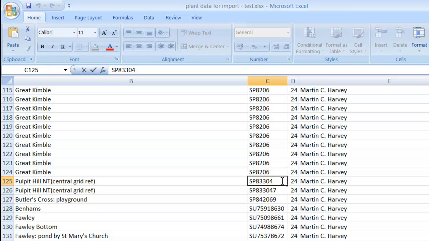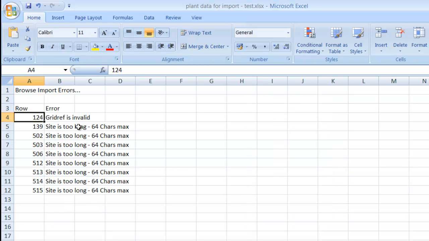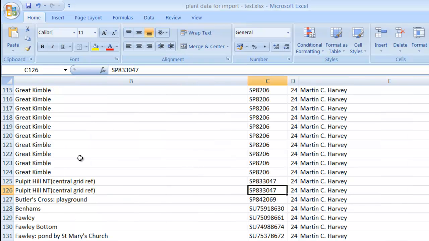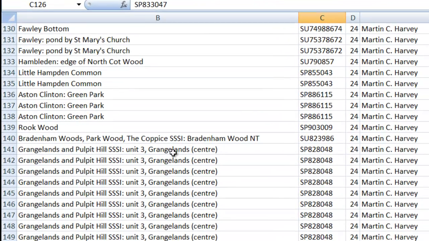So it's good that MapMate carries out these checks. It does help make sure that your data is in good order. So we'll add the 6-digit back into that grid reference, and then there are a number of site names that we will need to adjust. So looking at row 139, which will be row 140 in the actual spreadsheet,